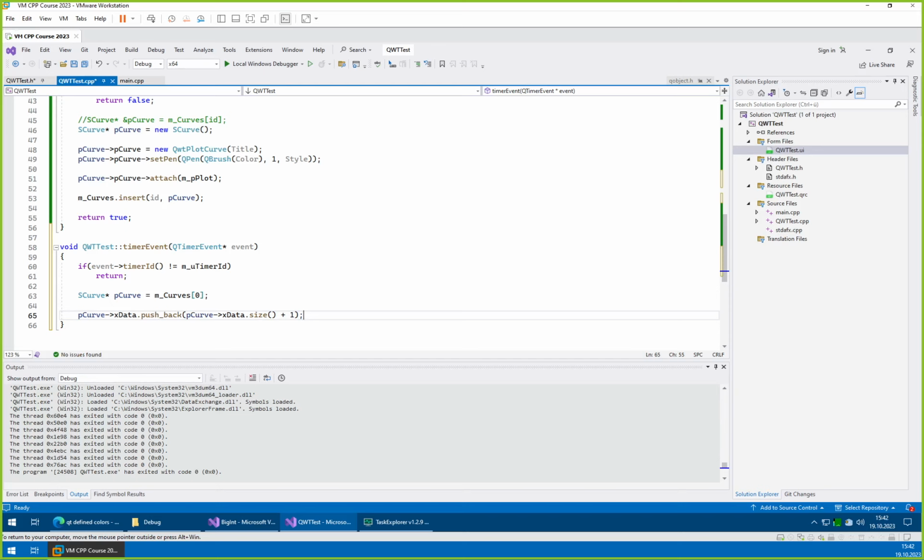We could use any other increment. Since it's a double, we could have 0.01 increments. We could use the current time as an increment. So for example, when plotting something as a function of time, obviously that would be a very useful feature. But for now, let's just go with the numeric value of the current x index,